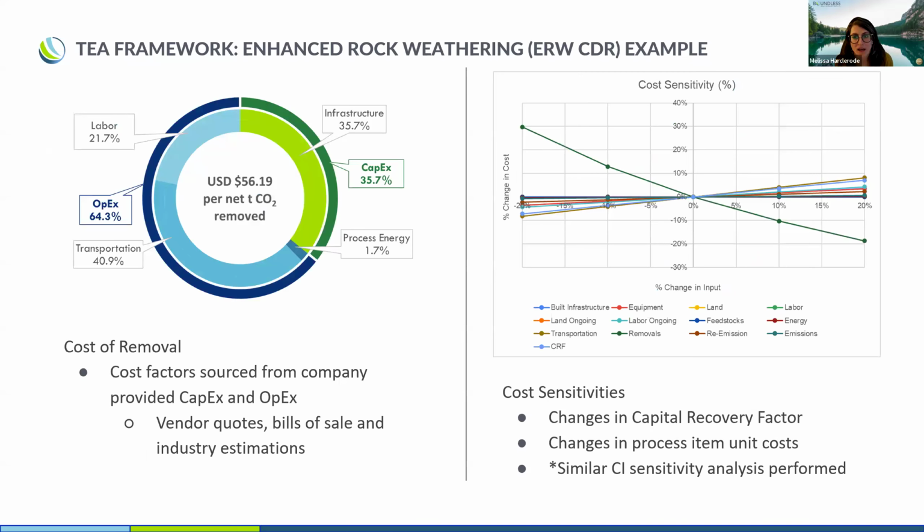And just to lightly touch upon our TEA framework before handing it off to Reagan, we focused on cost of removal as the key metric. We performed a series of sensitivity analyses to understand how changes in key parameters affect overall cost. This helped us identify the most critical cost drivers and areas for improvement that have the biggest impact. But most importantly, because the TEA is based on net carbon removed, again, this stresses the importance of considering additionality in a way that's science-driven and technically sound, because that connects back to the way we're evaluating the cost.